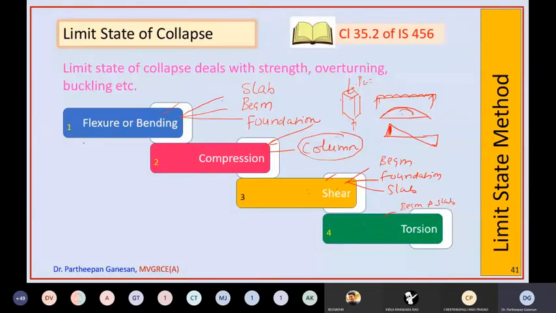This you will be studying in the first 2 units. This you will be studying in the 4th unit. This you will be studying in the 3rd unit, and also in the foundation, which comes in 1, 2, and 6 also. And torsion is also included in that. See, actually 1, 2, 3, 4, 6. This will take care of this and this, and also this, because we have combined design. So practically all these 4 cover your complete syllabus.